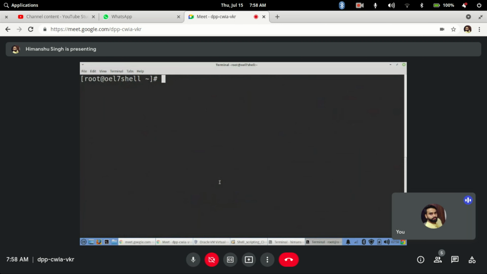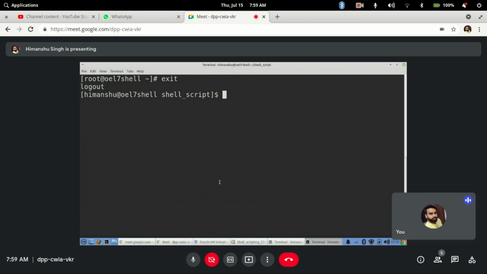Okay, so today we are going to see how we define variables. Again, variables are very important. Whenever you are working on shell scripting or Linux, you will be using variables a lot of times. Variables are like any variable that you normally see in any programming language. Whether you are working on PL/SQL or Python or any other language, everywhere you will see variables. In the same way, in shell also you define variables.